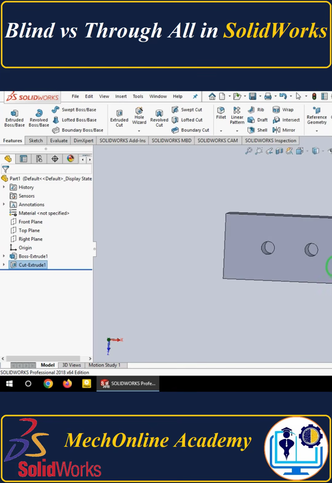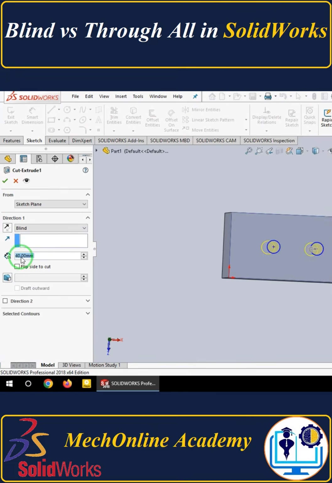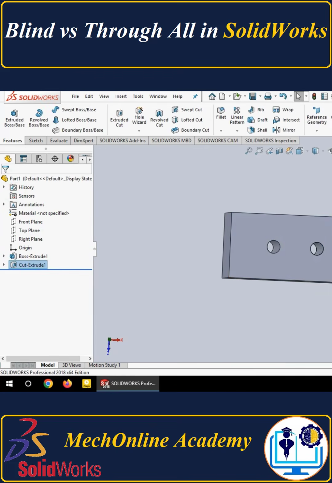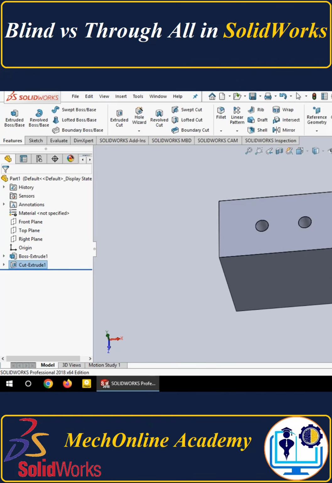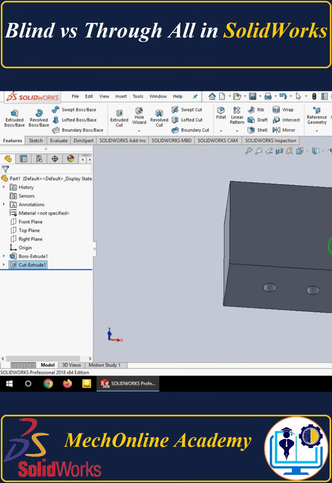Now, if I go to the Geometry design tree, right-click on the Cut Extrude feature, and select Edit feature, I can change the depth from 40 mm to 50 mm. After rebuilding the model, the hole extends completely through the part. The result can be seen more clearly in display modes that show hidden edges, allowing us to verify the full depth of the